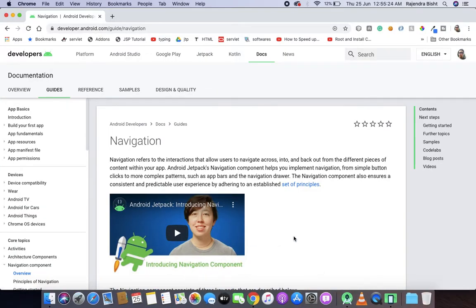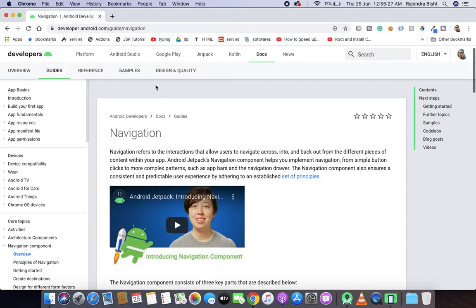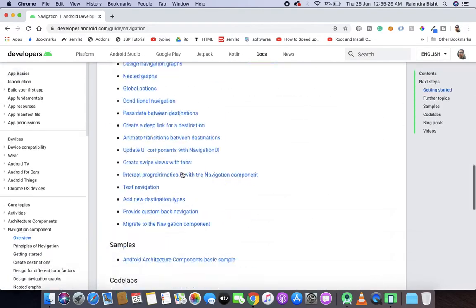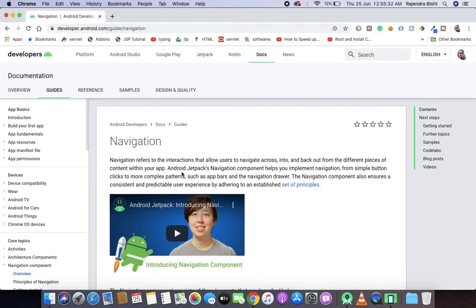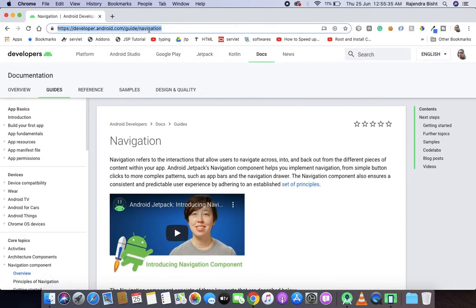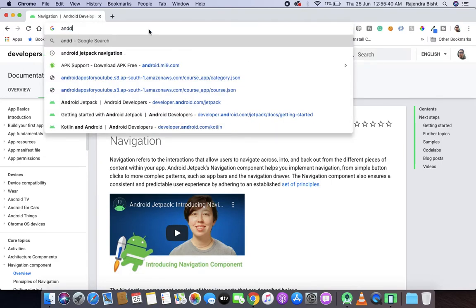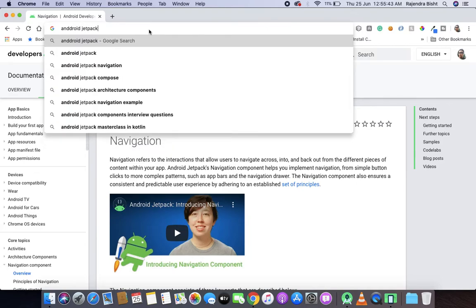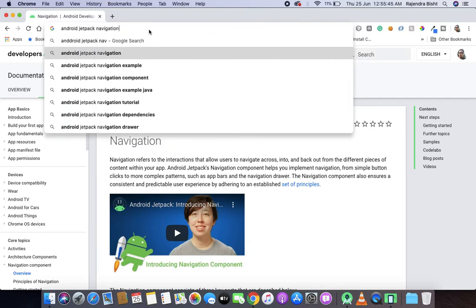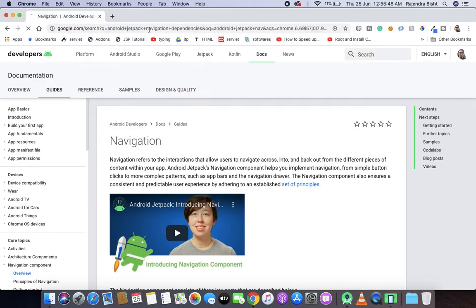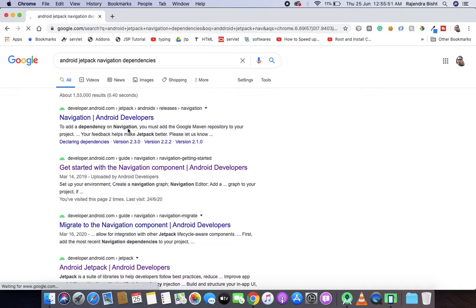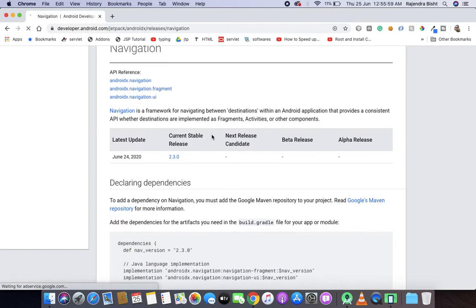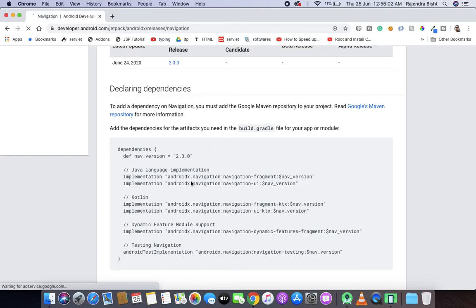So first of all we will add the dependencies. First of all we will add the navigation dependencies for Kotlin. Here you will find the dependencies for Kotlin.